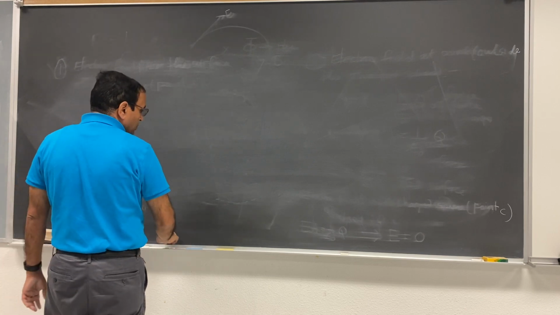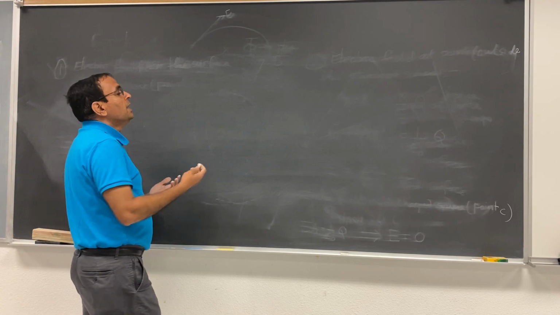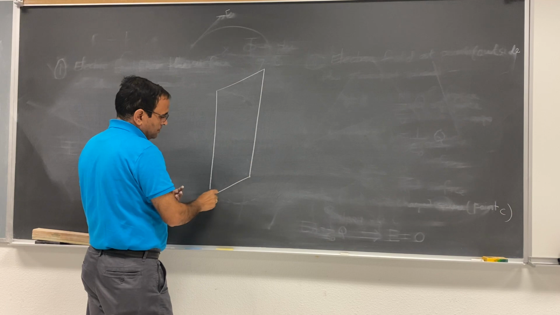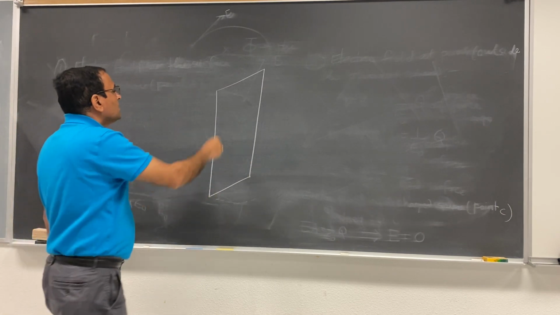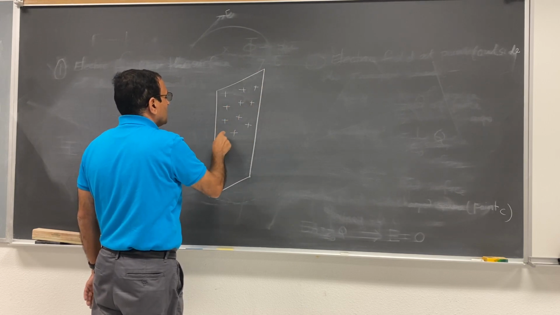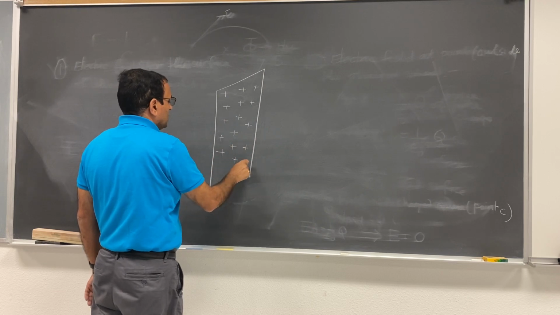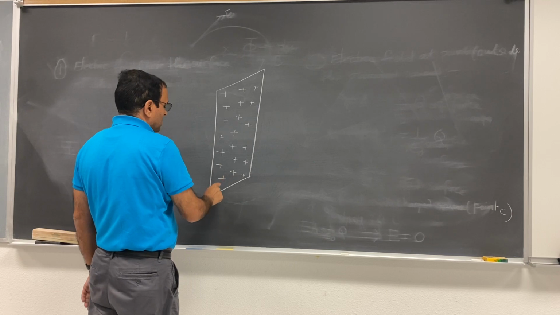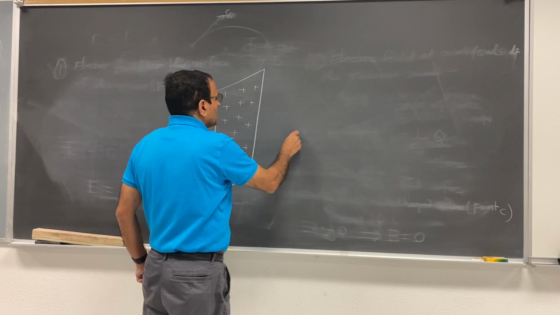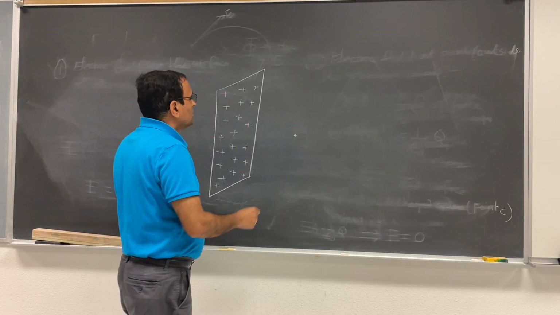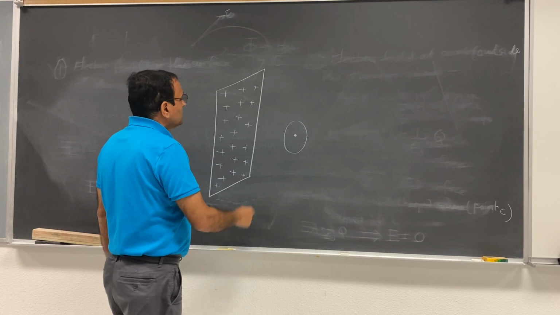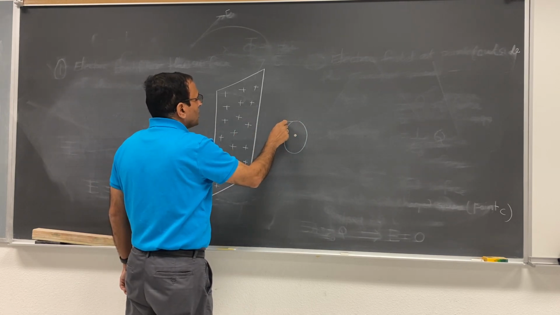Another one is, let us suppose you have a charged plate like this, or any conductor plate, and this is charged. So if you want to calculate the electric field right here, what you can do is draw the surface here. This is the surface, and this surface encloses only